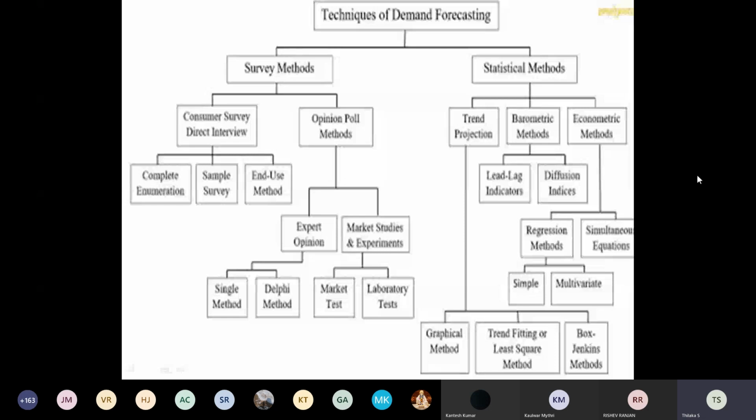Because we have a short period of time, we distinguished only two methods. One is based on the time series. On the time series you have the graphical method and the trend fitting, least square, and the moving averages, semi averages and the moving averages. As well, on the regression analysis we have the multiple regression and the simple regression. So we are going to stop with the simple regression alone.